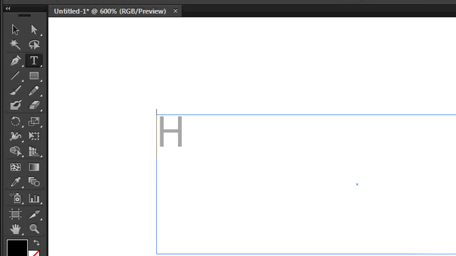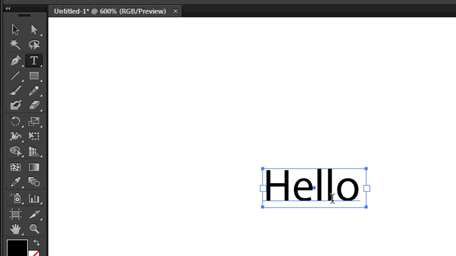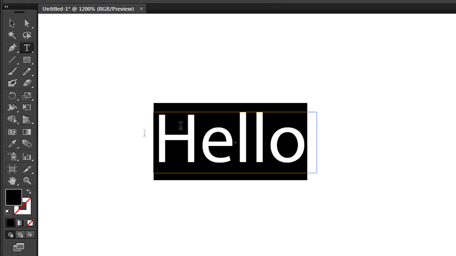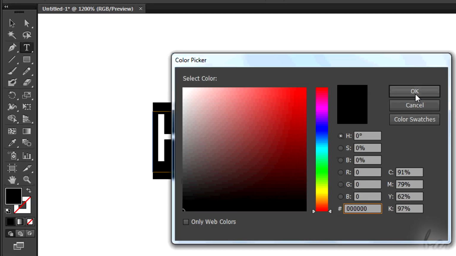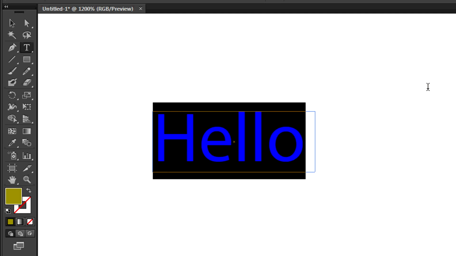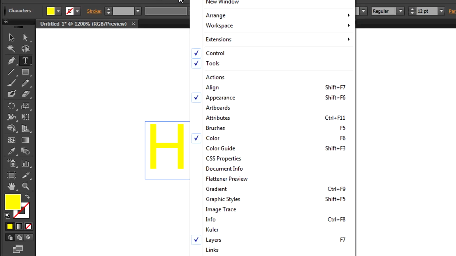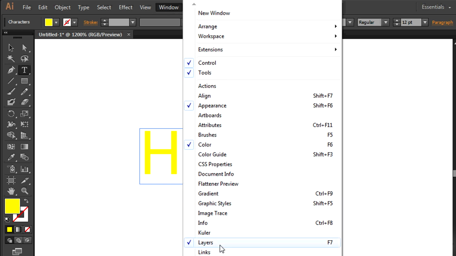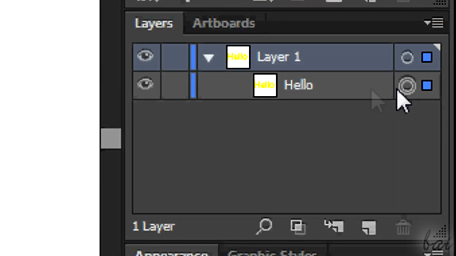Let's see in detail how to create 3D text. Firstly, create the 2D text you prefer, defining its font, size and style. Then, to add extrusion, make sure to select the layer of the text, clicking on the right circle in the